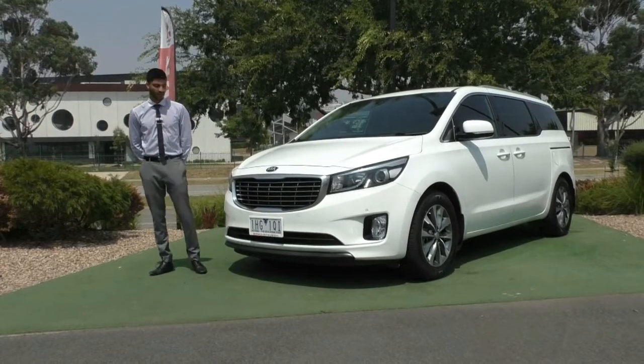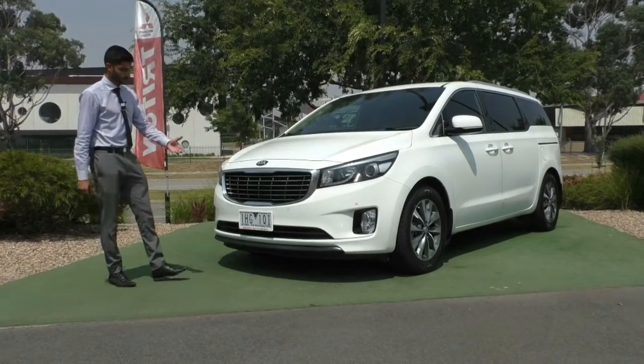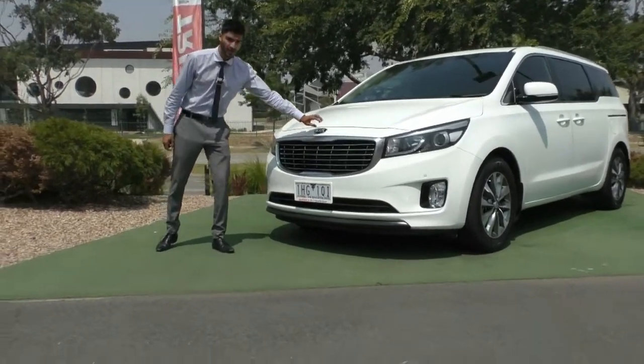Carnival SLI. Now what we have here is a really great people mover with plenty of space and lots of features for the family as well. And what we'll do is start off with the exterior of the car and we'll walk around the features of the interior. Just starting off at the front end, what you get here is Kia's signature badge, obviously right in